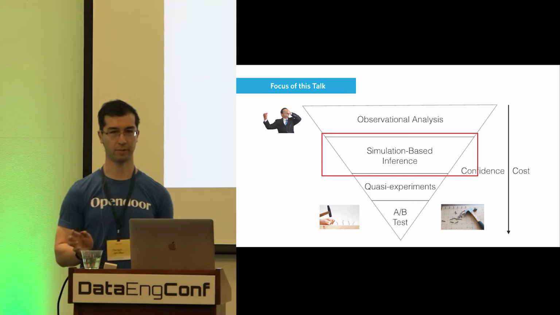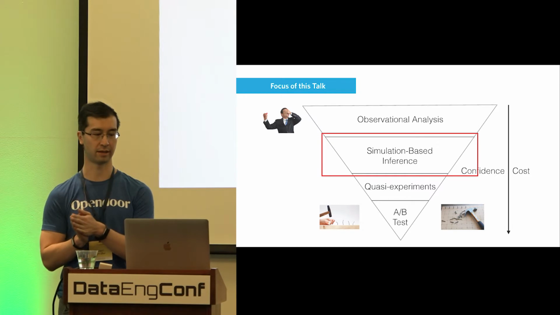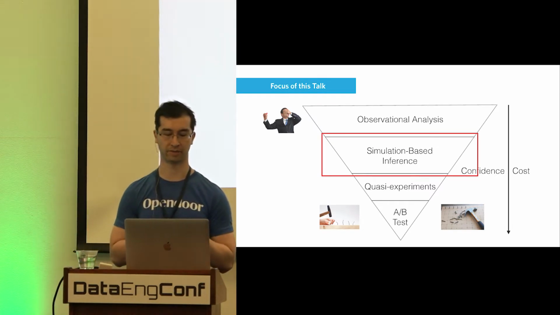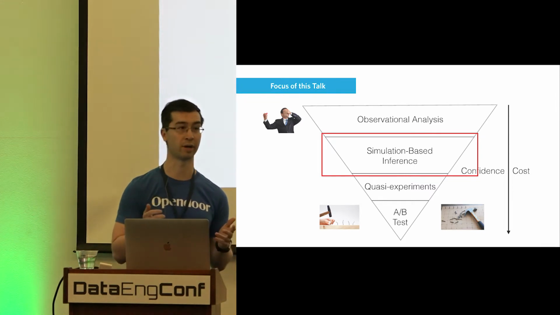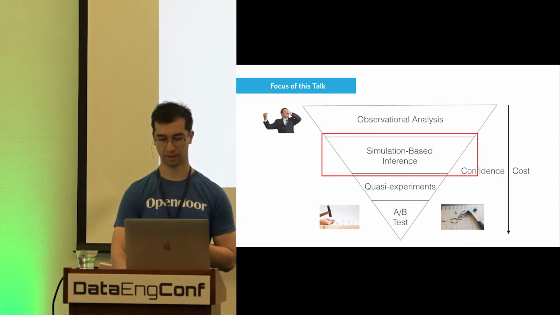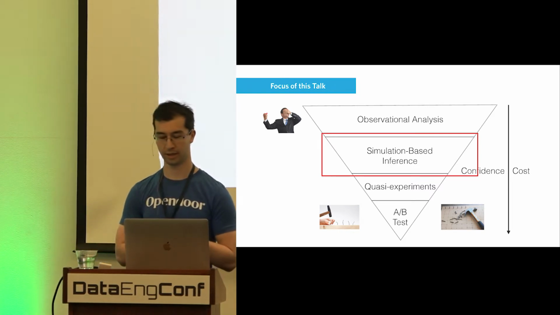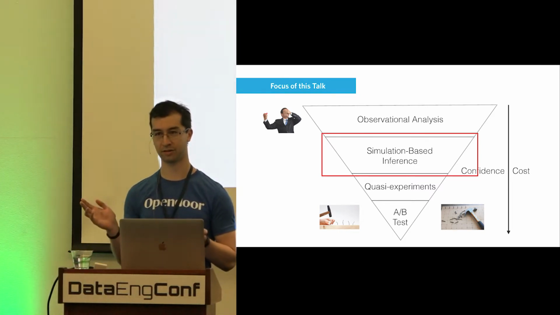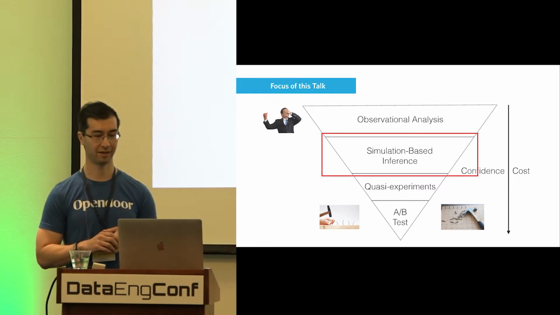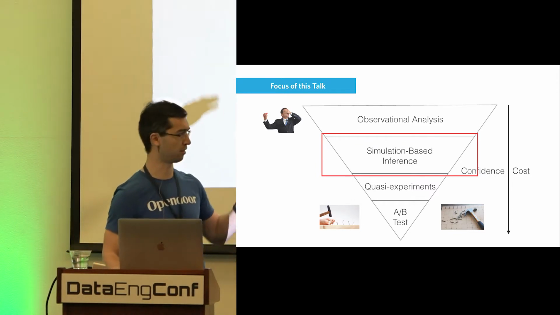Then you can look at quasi-experiments. So you're not actually randomizing anything, but you've got a stream of observational data, and maybe somewhere in that stream you can identify situations that were almost as good as random. So think the econometrics toolkit. And then finally, at the bottom of the pyramid, there's the vaunted A/B test, the gold standard. I would say it's the highest cost, but you can have the highest confidence in your results. That's not to say that it's perfect. A/B testing in networks is really hard, for instance. But I think this is roughly correct.